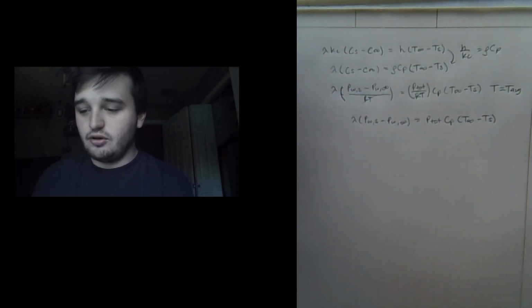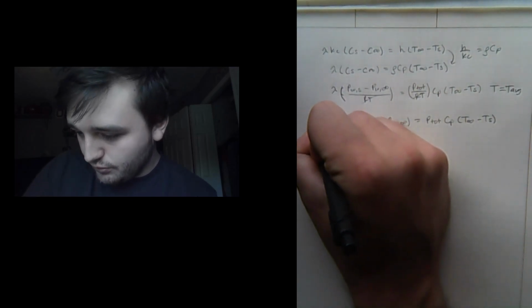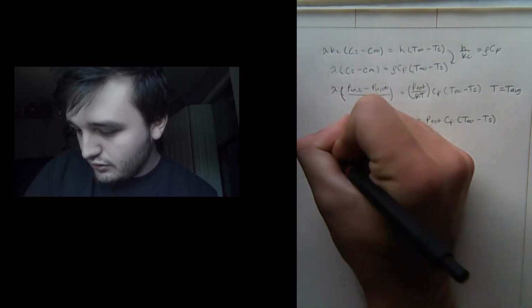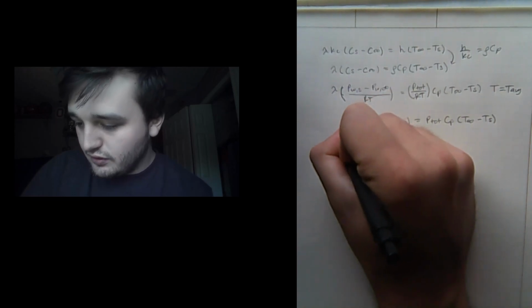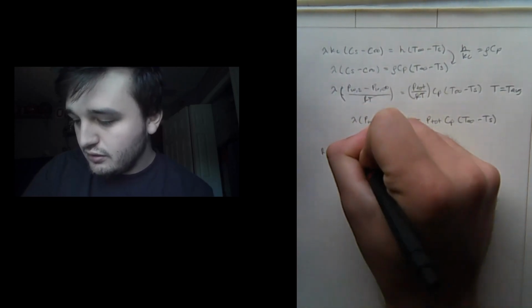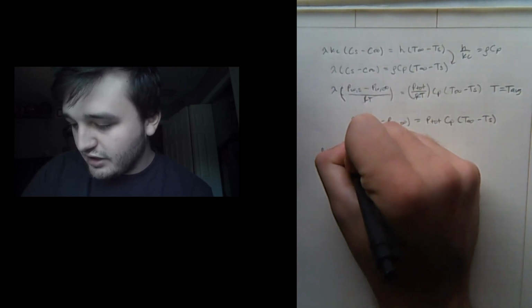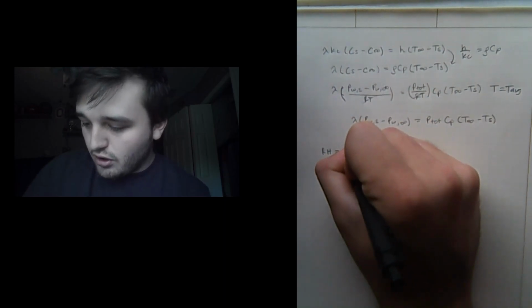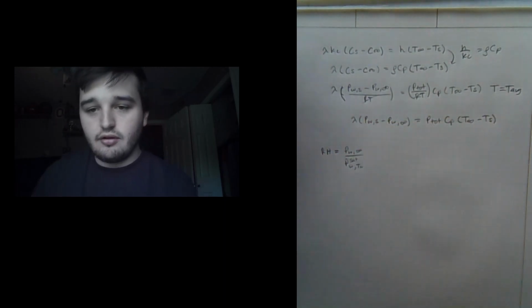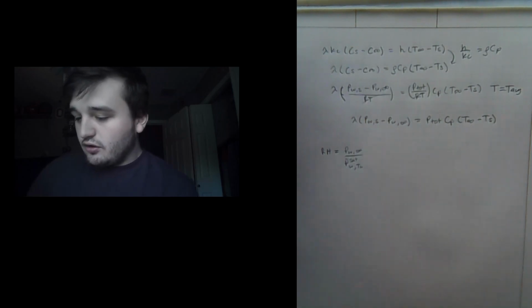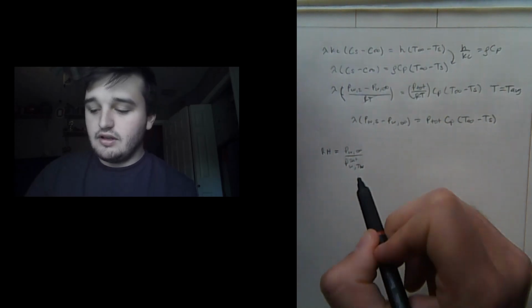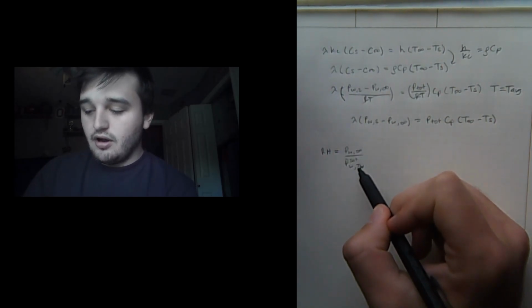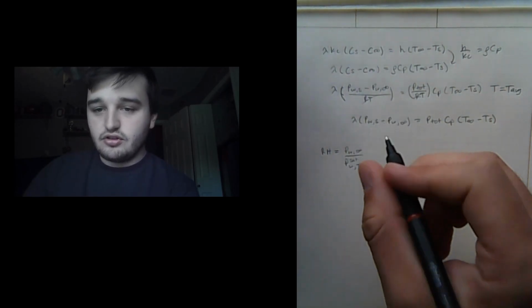So now that we have this equation, we need to remember that we're trying to solve for relative humidity, and we know that relative humidity, just going to call it RH in this case, is equal to the pressure of the water in the air over the saturated pressure of the water at a temperature of the water, or TW. So in this equation, what we're looking to solve for is the pressure of the water in the air, which in this case will be